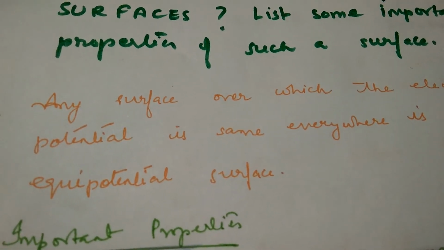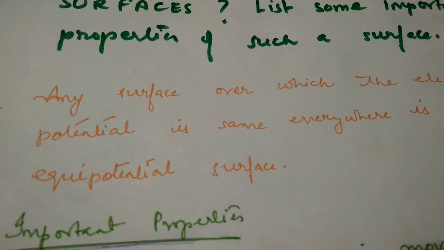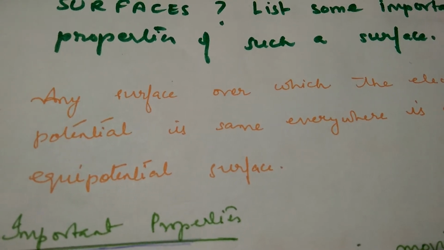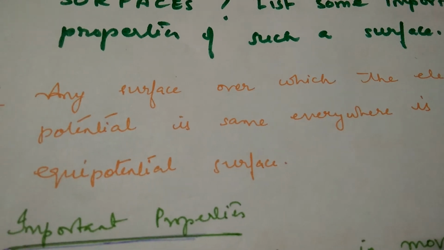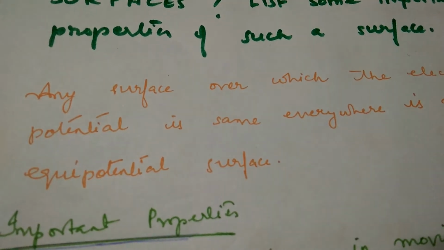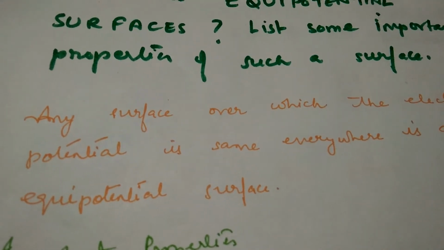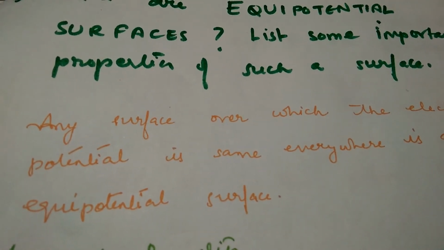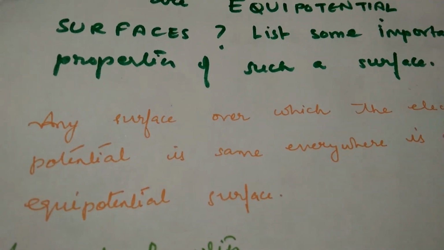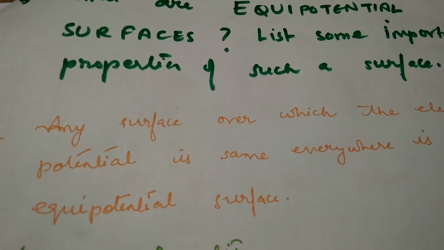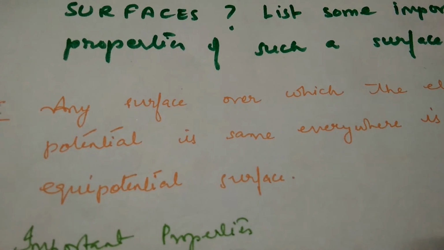We have already got the formula. Potential is 1 by 4 pi epsilon naught q by r. So at all such points, P, Q, R, if we take many points at that same distance r, and then we draw another imaginary sphere, naturally the potential on every point of that sphere will have the same value, 1 by 4 pi epsilon naught q by r, because q has not changed. My charge at the center is same and my r also has not changed.